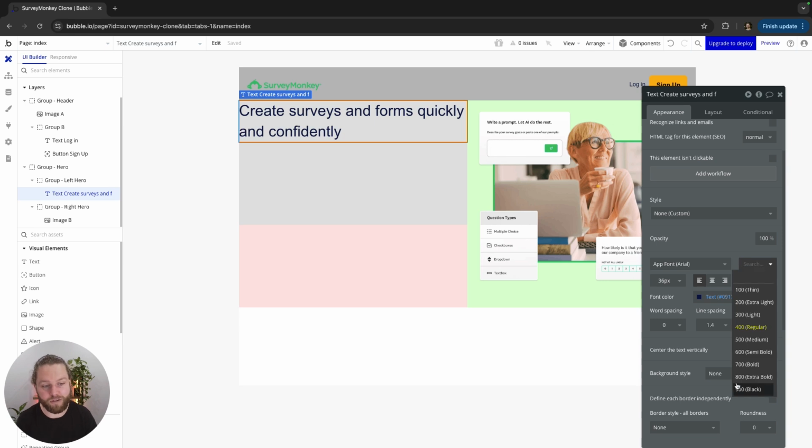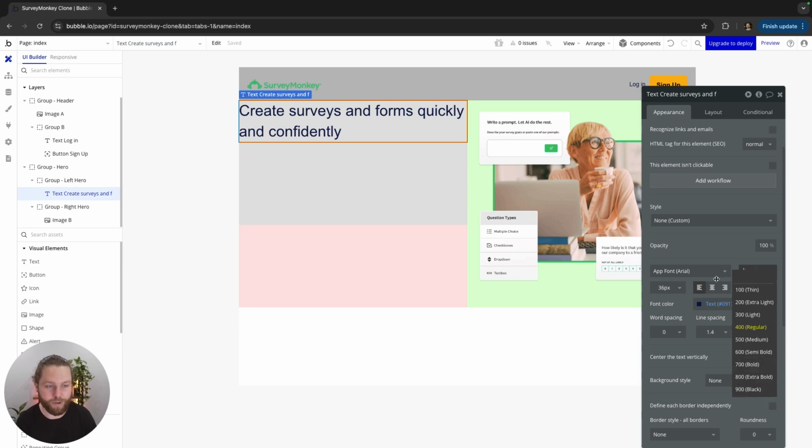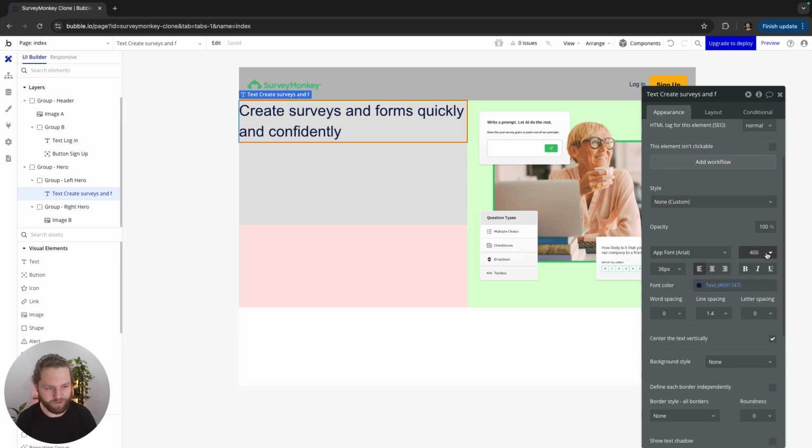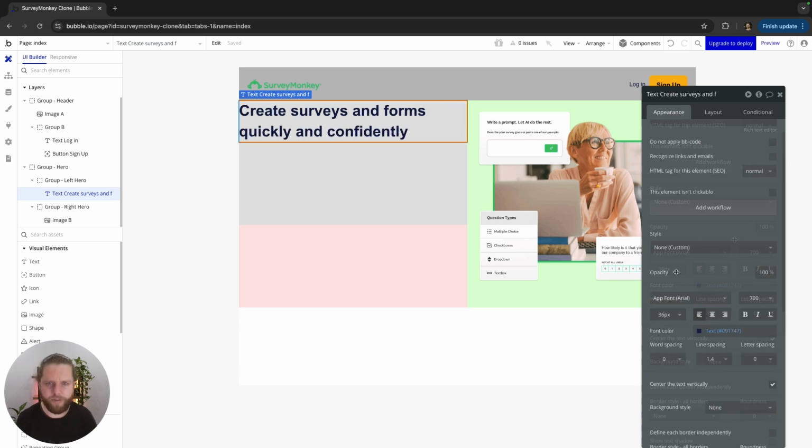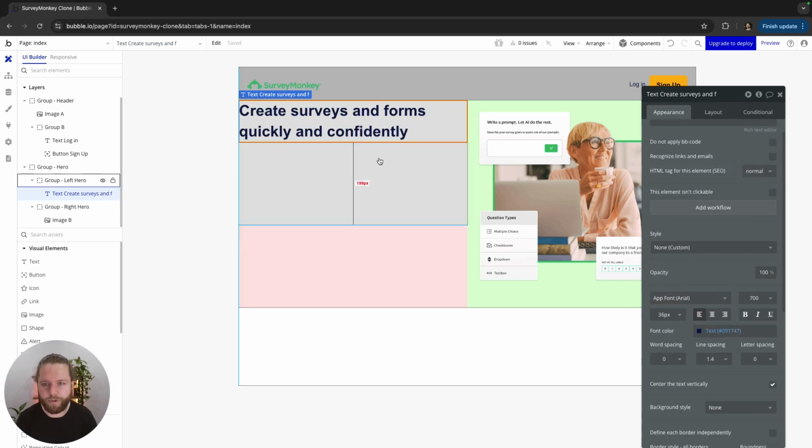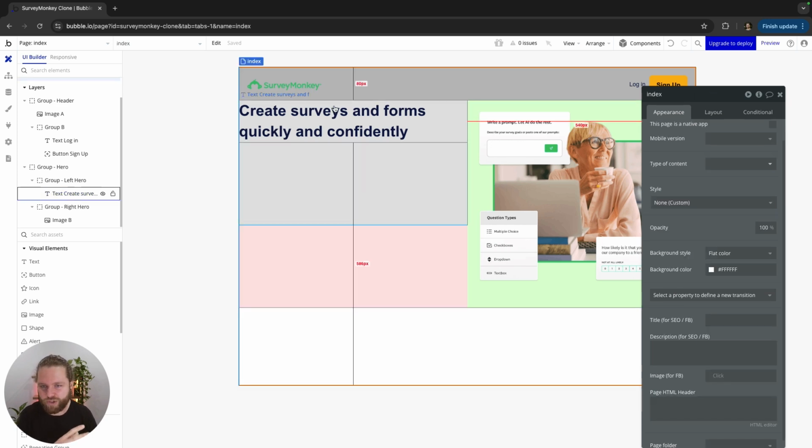Now to make it bold, you could choose either this 700 bold or you could choose to just make it bold. I'm going to choose this 700 weight to give myself a little bit more control. I will adjust the margin a little bit shortly to make sure that it doesn't sit directly on the edges of my group. But for now, let me go ahead and add my second bit of text, which is that